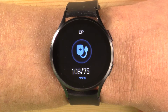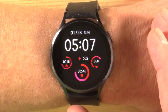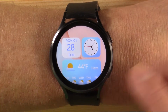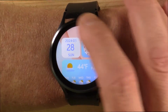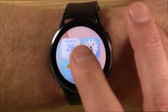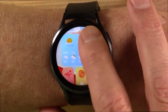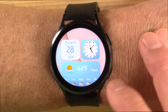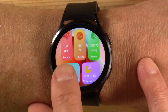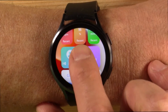I find this to be a little bit low on blood pressure for me, but it does have that function. And that's it. You scroll back to the beginning. If you swipe from left to right, it will give you some comprehensive information on one screen here. It gives you the day and time, an analog clock, there's your weather, and then you can look at some of your statistics here, your heart rate and beats per minute, your blood oxygen saturation, your blood pressure, last